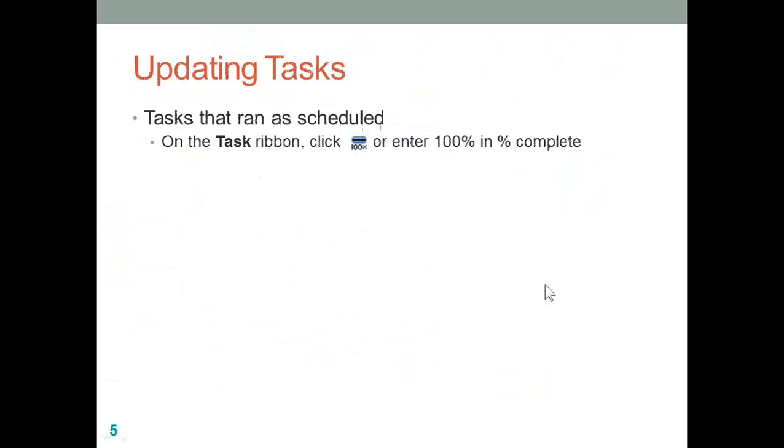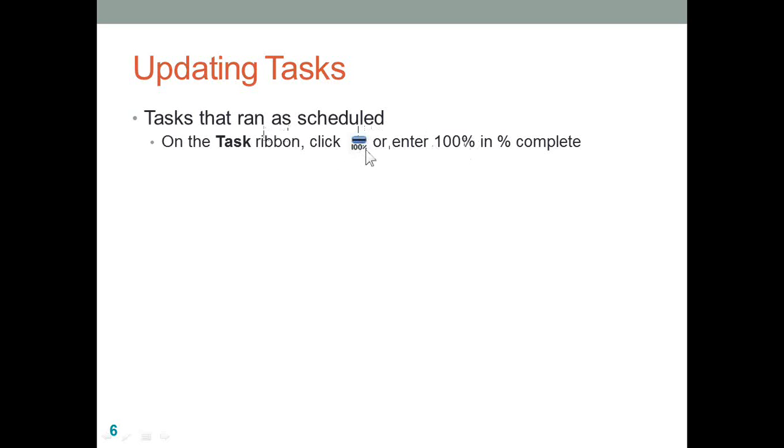Now let me go back to the slides. We are going to talk about different scenarios so that we can look at on a case-by-case basis which option is the best effective way for recording your actuals. So the first scenario is, let's assume that there is a task in a schedule that ran as per schedule. So which means that that activity is 100% complete.